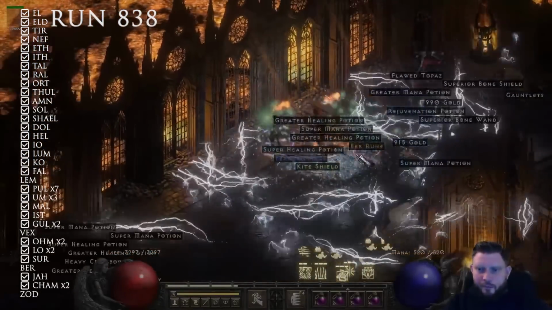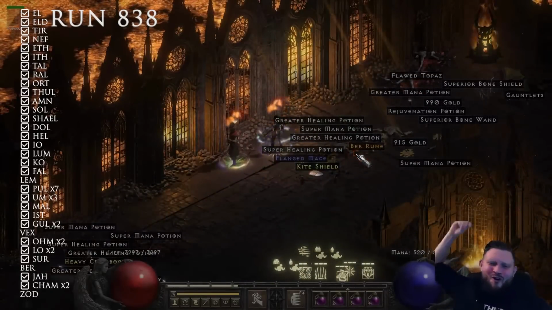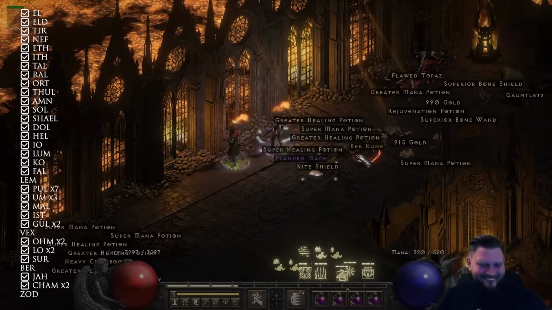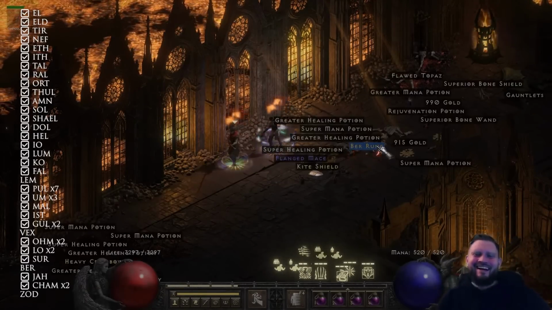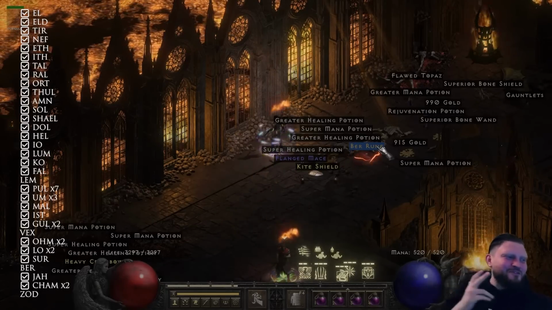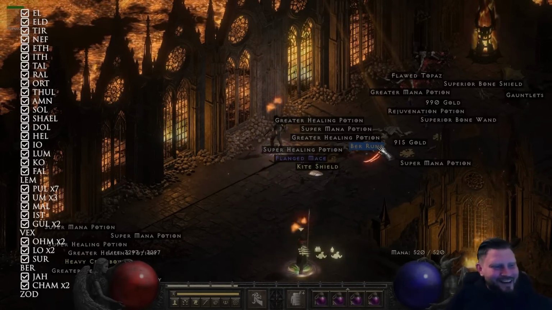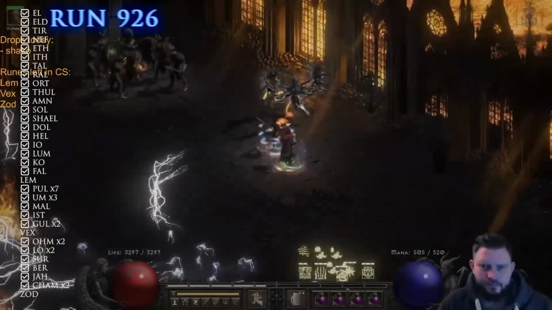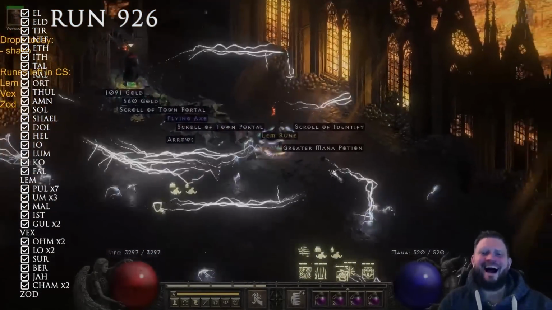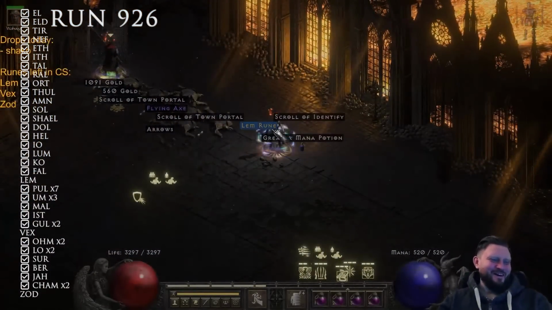So you can get... Oh! Here we go! Here we go! Yes! I needed the burr rune. I'm down to 3 runes now. Let's go! With the burr rune off the list after 838 runs, I finally found my first lem rune at